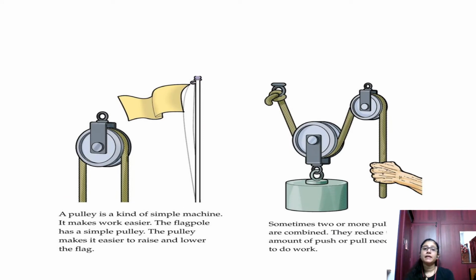Next is pulley. This is one of the simple machines which people mostly had in olden days. This is a pulley. So where is this mainly used? It's used in the well to lift the water. So that is a great example. You can see it here, they have given the example. So this is the pulley. How does the pulley work? We will roll the pulley with a thread. Okay, thread means the string, with which you have to lift the water.